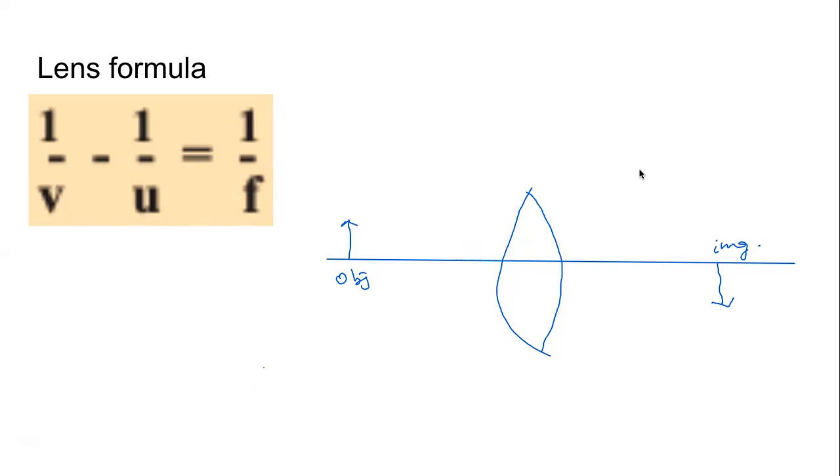Anushka is saying at the center 2F2. No, don't say that. We will keep it at the center of curvature. We will keep it at the center of curvature. So this is the center of curvature. This point here will be C1. And there will be another C on the other side as well. We can call it C2.